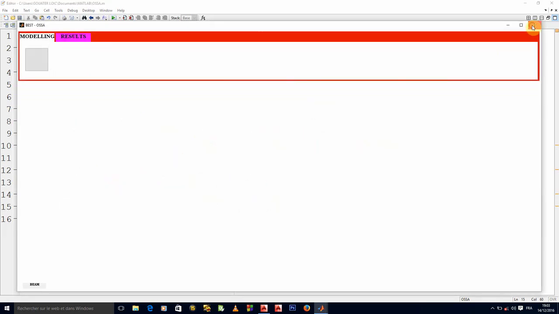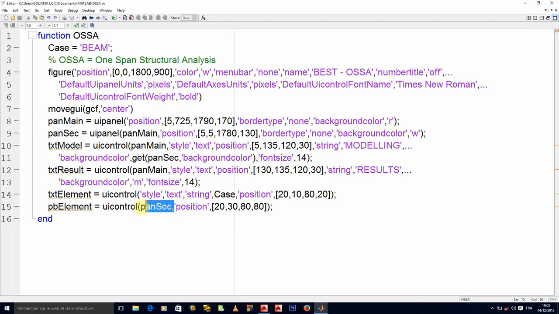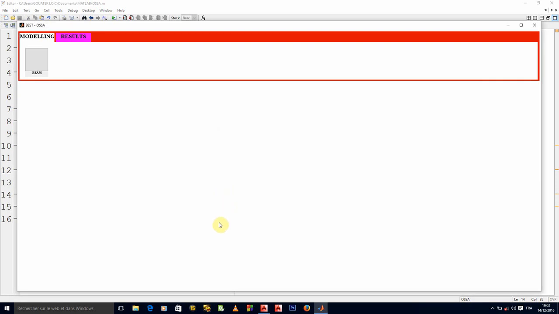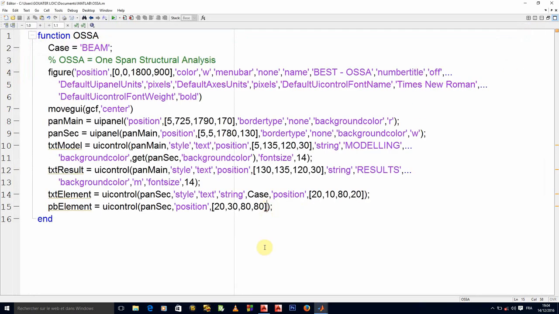Oh, for both of them. Come on. For both of them. Okay. Let's run that. Okay, so that's what we have. So the beam there, I think I'll increase the font size so that we can have a better appreciation. Let me put it to 12 font size. Let's see.